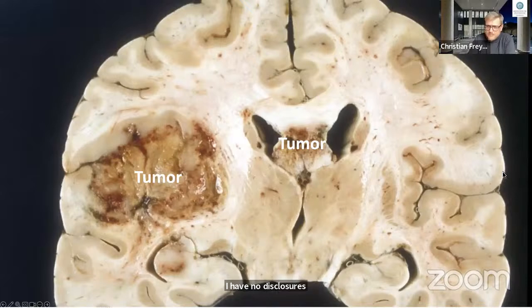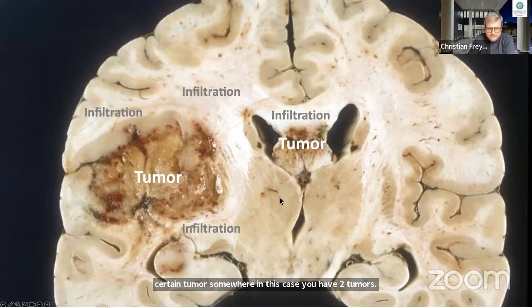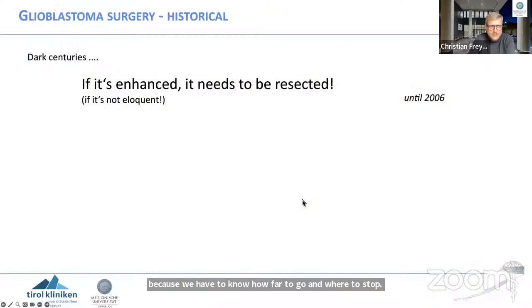So the basic principle of glioblastoma surgery is that you have a certain tumor somewhere. In this case, you have 2 tumors, but you also have a lot of infiltration around it. And this infiltration is actually giving us problems because we have to know how far to go and where to stop our resection. So historically, in the dark centuries, like up until 2006, the planning was with contrast MRI, and